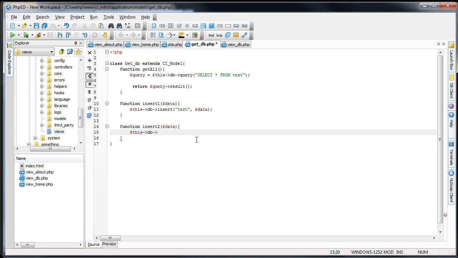So we'll go insert_batch, and this works pretty much the exact same way as just plain old insert. It will receive an array, but what it does is it receives a multi-dimensional array instead of just a regular one. So if we go back into our site controller,